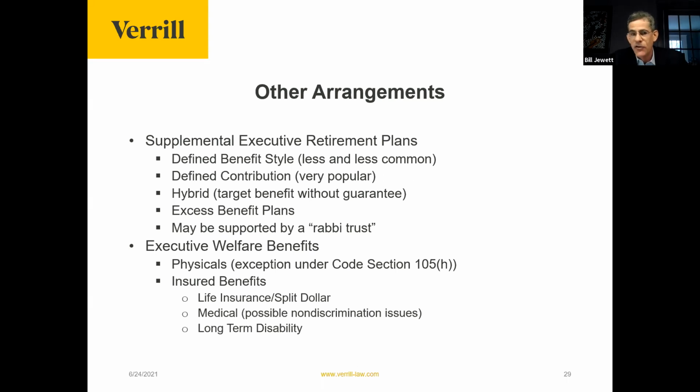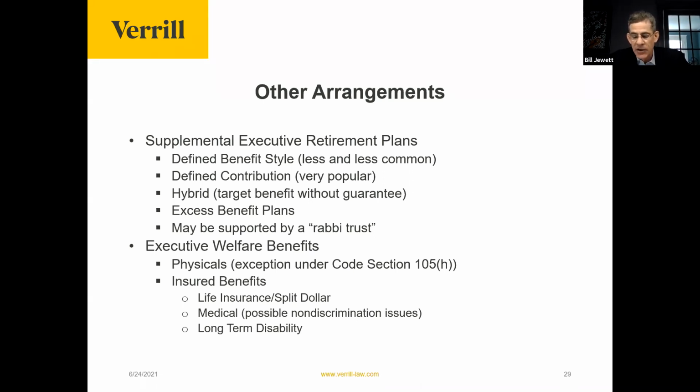You could have a defined contribution SERP where the contribution is what is promised. So we will put into an account, or we'll credit you with $100,000 each year, increasing for inflation by 3% per year, and we'll give you 3% interest on that account, and it's all going to be payable at your retirement. That would be a defined contribution SERP.